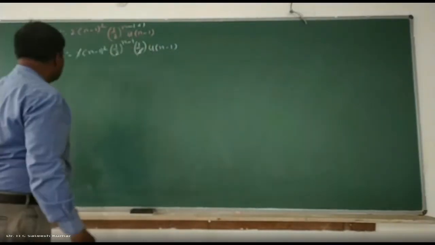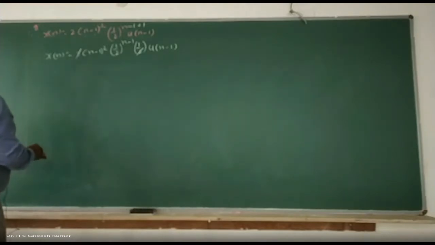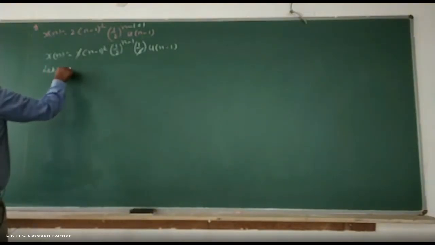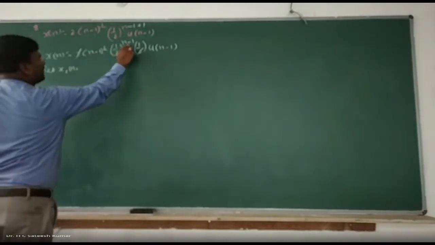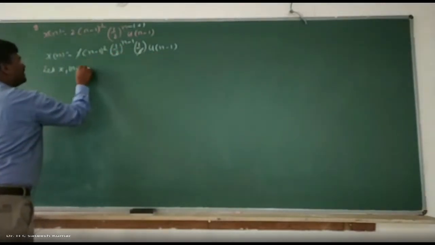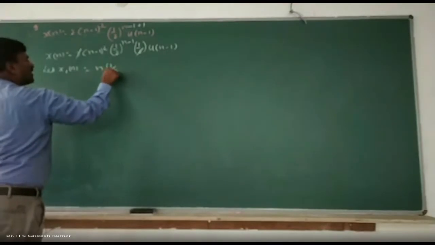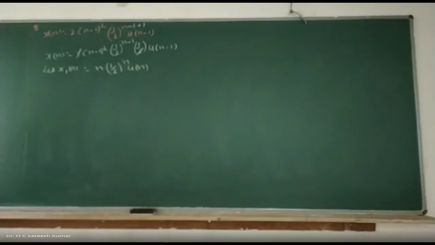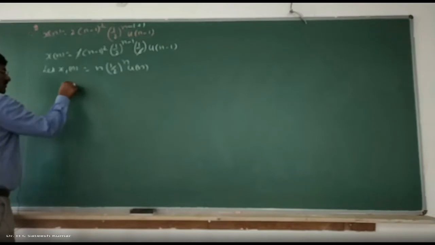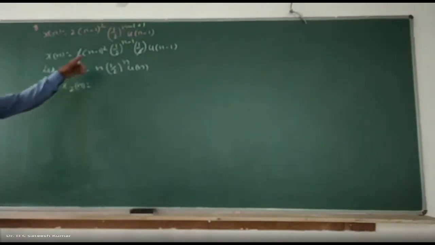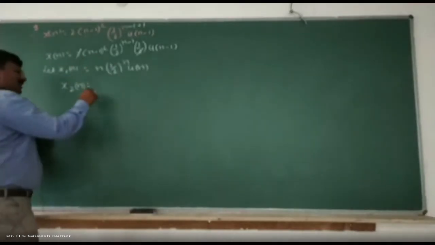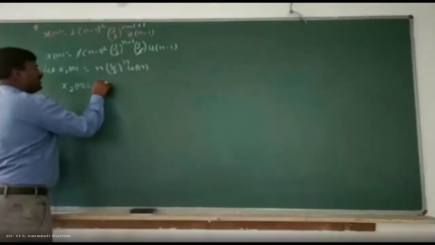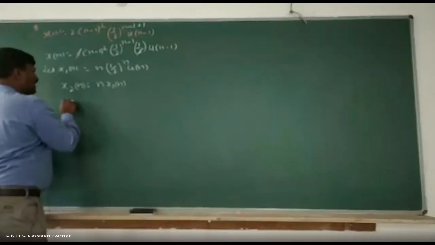So how to do that? Very simple. Let x1 of n be equal to, directly you take it, n minus 1 is there, n into half to the power of n into u of n. This itself we have as a standard relation on the last page. Directly you take it. Then x2 of n, carefully you should do, you'll have to get n square now. So first you get n square. What do we have? n into x1 of n, you get it. And x of n is equal to